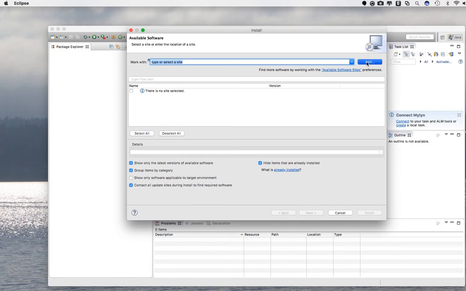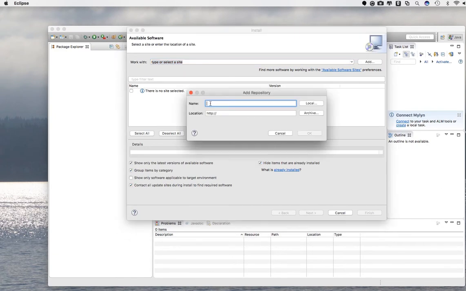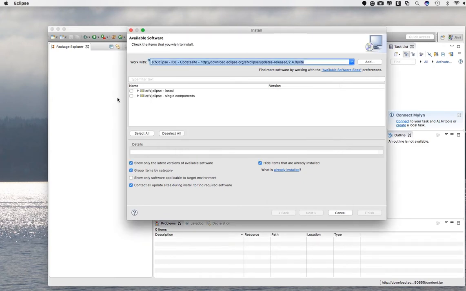I'm going to click Add. You don't have to put a name in here. I'm just going to copy paste in the URL that I have. So this is the URL right here: download.eclipse.org, efxclipse, updates released, 2.4.0 site, and hit OK. You're going to get these both options, so I'm going to choose both and click,